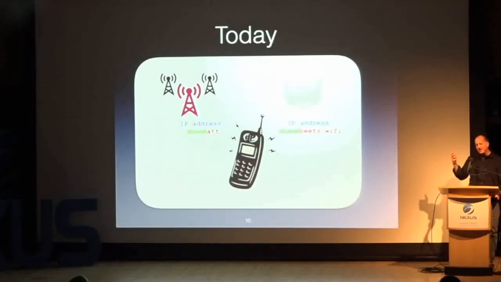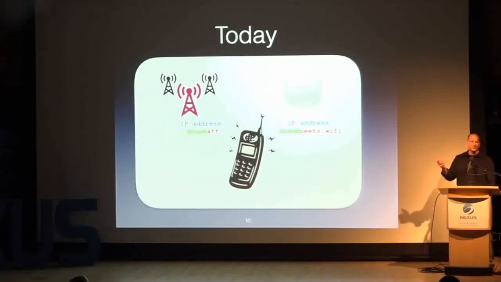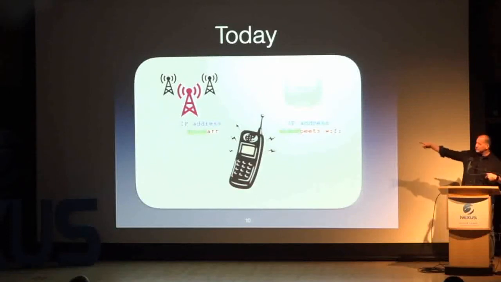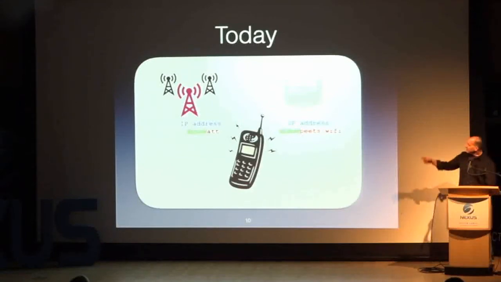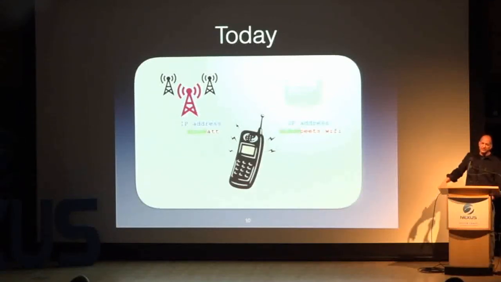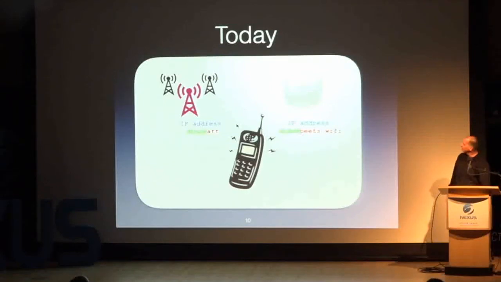And since a cell phone today is only an initiator of connections, nobody can find me and they wouldn't know how to find me. If I just wanted to put an HTTP web server on my phone, people couldn't connect to it. Because, first of all, a DNS name would have to map to one of those addresses that continually changes. And as I move around, it's also going to change. Okay? Now, on the LTE network, AT&T is giving me yet another IP address. Right? This is the problem with the semantic overload.